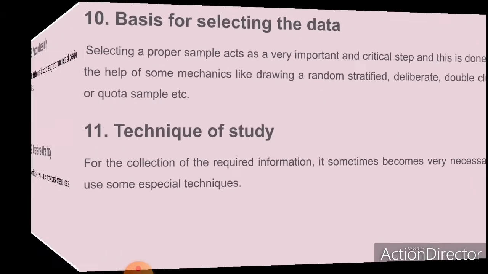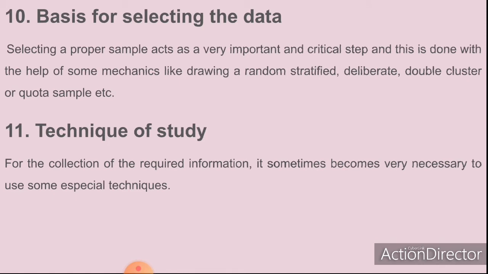Next step is selecting basis for the data collection. The basis of data selection depends upon time and cost factor, especially in socio-cultural research. Next step is selecting suitable techniques for collecting data. The technique may be observation, interview, schedules and questionnaire or combination of all. So the research technique must be adequate and must be convenient to the researcher. So selecting adequate techniques of the study is the other stage.